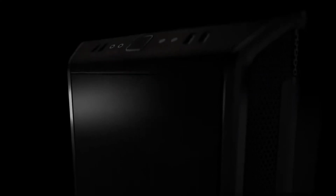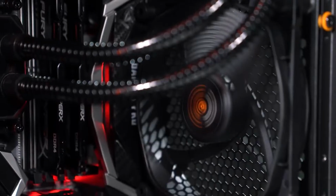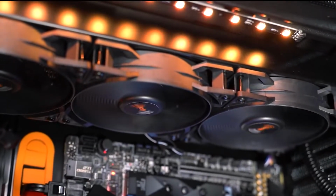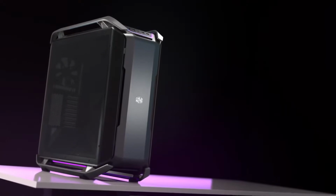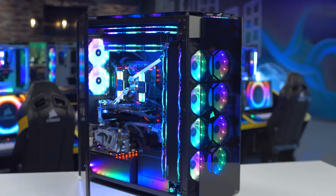What's going on, guys? In this video, we're breaking down the 5 best PC cases in 2022. I've made this list based on build quality, internal space, connectivity options, price, and more. I've included options for every type of consumer, so whether you're looking for an inexpensive model that can fit smaller builds or a premium full tower option that can accommodate just about any system, we'll have the best PC case